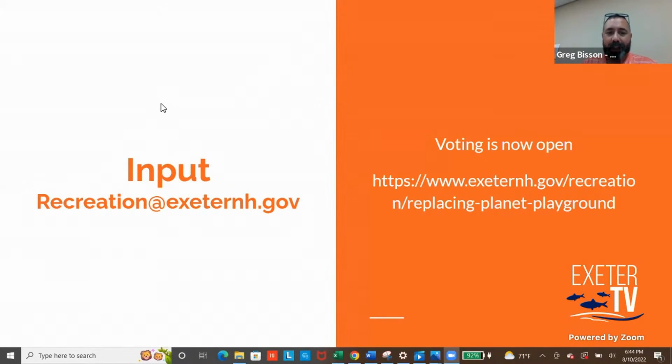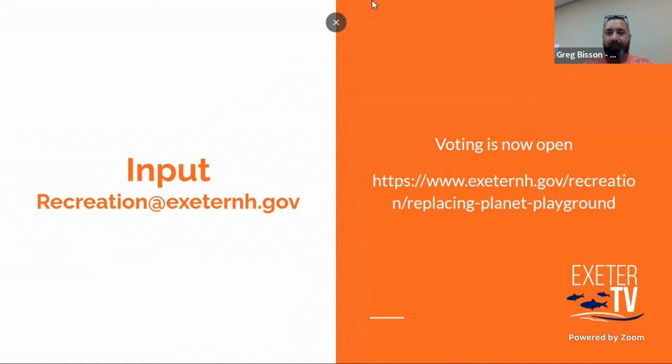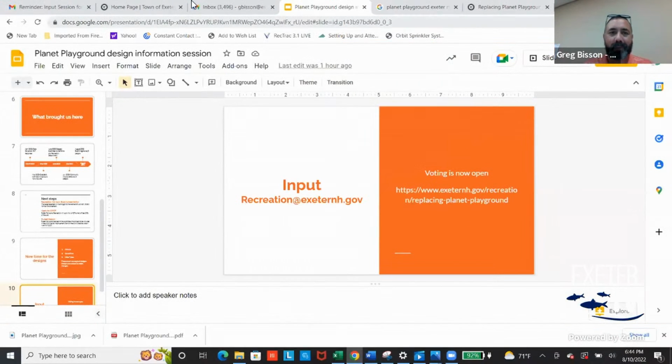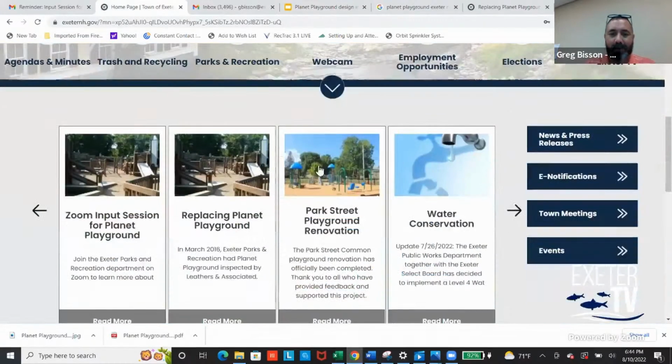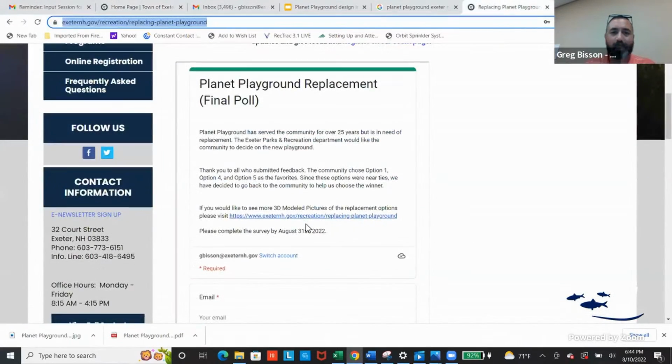Input at recreation@exeternh.gov. Voting is now open. You can easily find it right on the front page if I remember right, and I'll have Bob Galacki come in. It is one of the things here. Replacing Planet Playground is right on the front of our webpage,